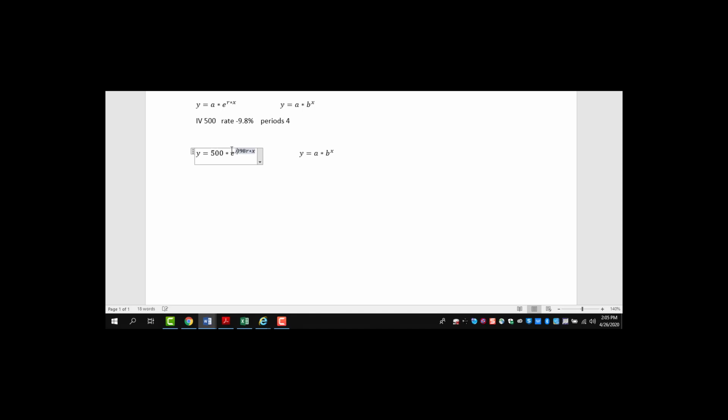And that's not even right because I need a negative. When you're decreasing, you get negative, and it's going to be for 4 years. So it's 9.8 over 100, but because it's decreasing, it's a negative number in the continuous form. And that is the continuous form. So let's see what we get when we put that in our calculator. And I get, when I do it this way,